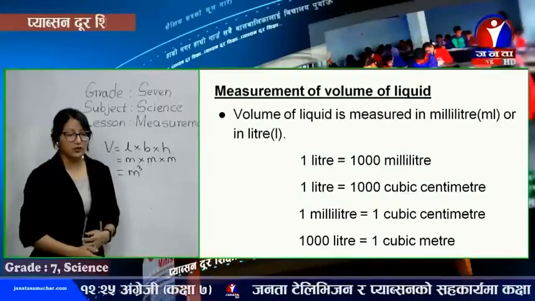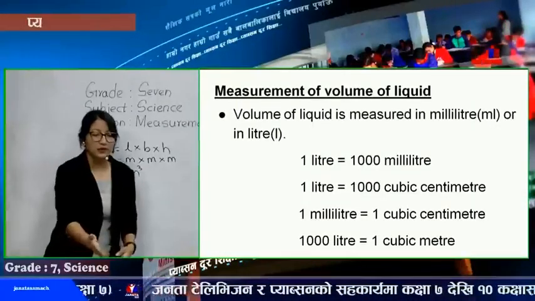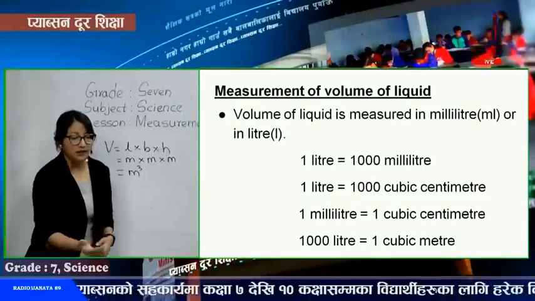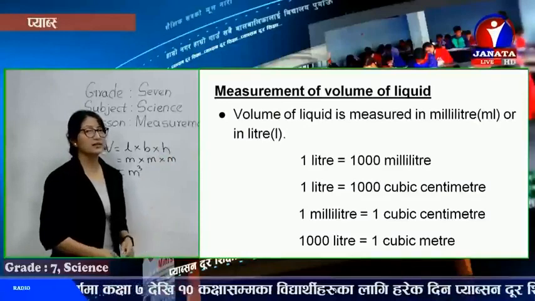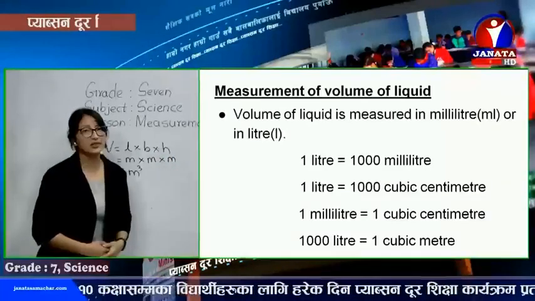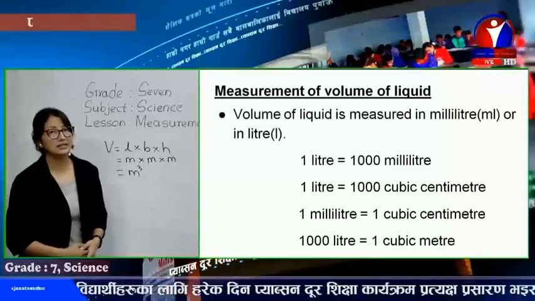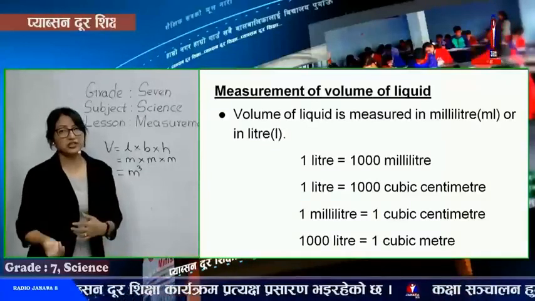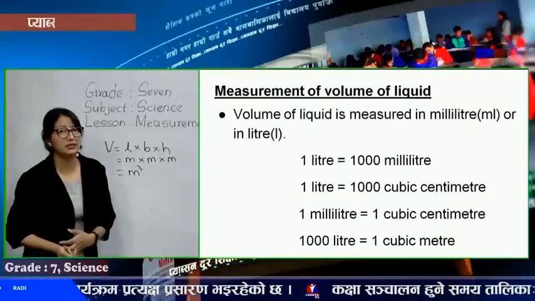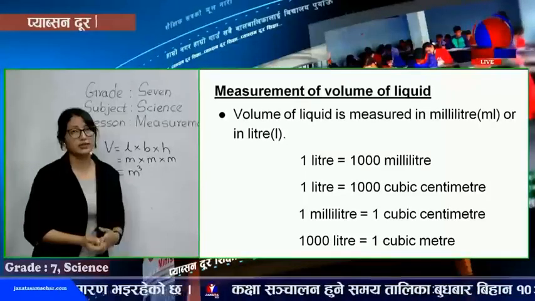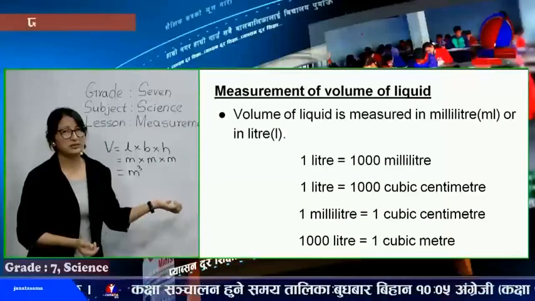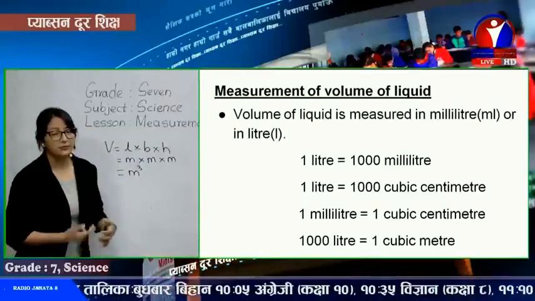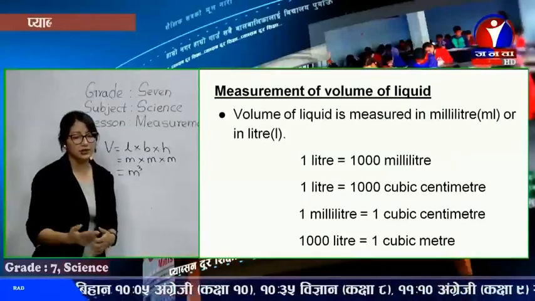Now to measure the volume of liquid, different relations are also there. I've already said volume of liquid is measured in milliliter or liter. Now here, you can note down the relation: 1 liter is equal to 1000 milliliter. Like you go to buy milk or whatever, 1 liter, if you measure it, it's altogether 1000 milliliter. 1000 ml is equal to 1 liter. Just like you remember, 60 minutes equals 1 hour, or 1000 gram equals 1 kilogram. These are the common relations that you can keep in mind.